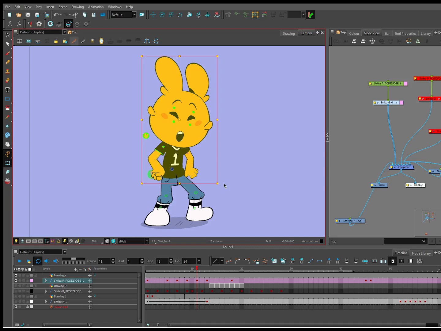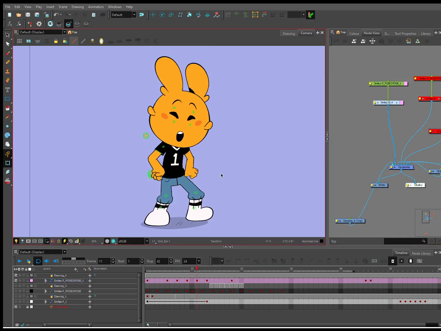So at the end of a settle, having a character with more contrast in their face settling will draw the audience's eye to the face. If you have the arm settling and overshooting and settling, the audience is going to look at the arm. So understanding these things actually really helps you with the appeal of your animation.